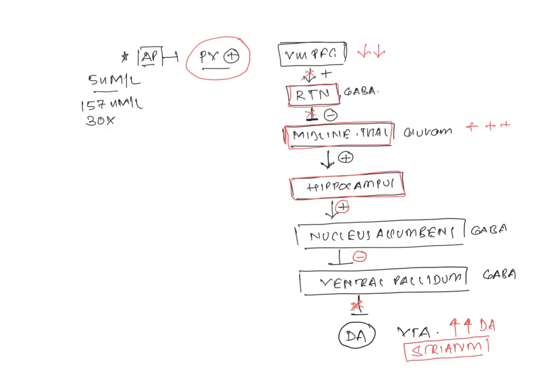Now, the dopamine that is released is not just in the striatum, but dopamine is also released in the prefrontal cortex. All right. Now, we know that the function of dopamine in the prefrontal cortex is to help with working memory. All right. So let's go back to the prefrontal cortex and let's look at how the dopamine actually works here.